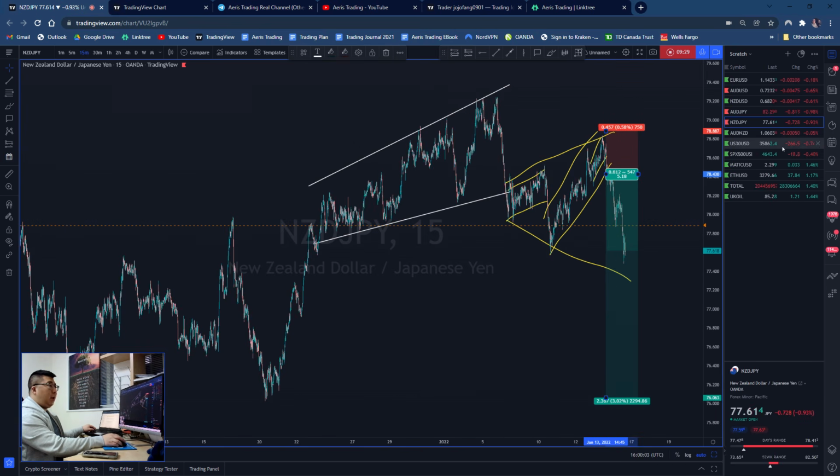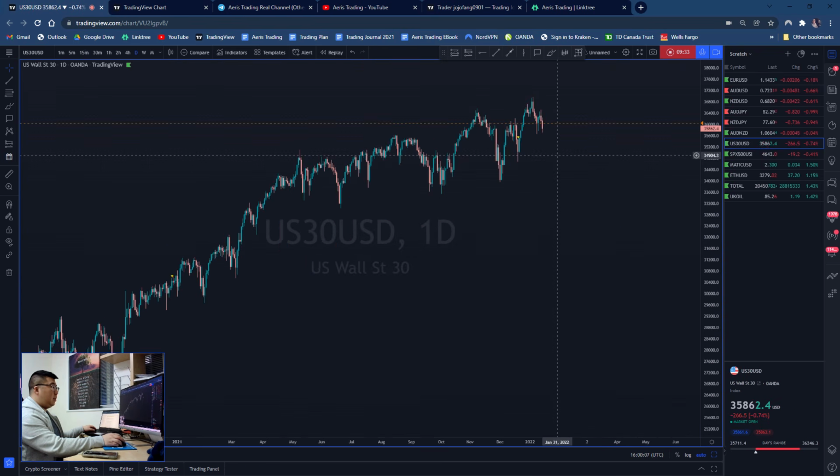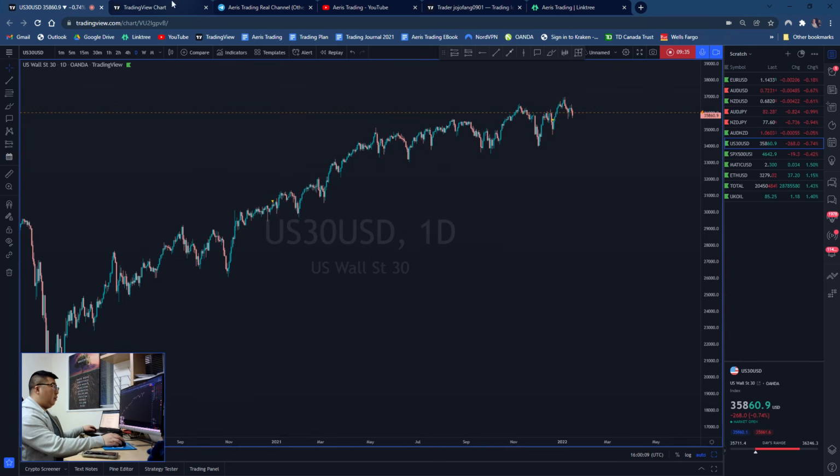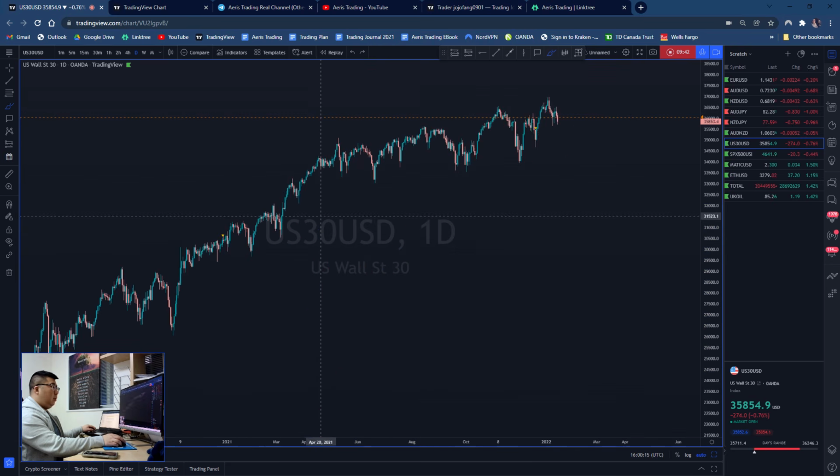So let's take a look at a couple other markets. If we look at the indices market, it's going to be very, very similar, right? So again, higher time frame point of view, what do we see on the higher time frame? Well, we've been seeing this recovery, so to speak, since the coronavirus crash. But at this latest bit of the price, we start moving into a little bit of